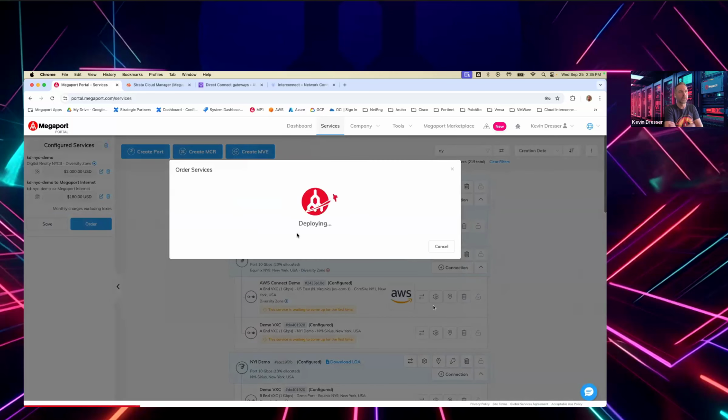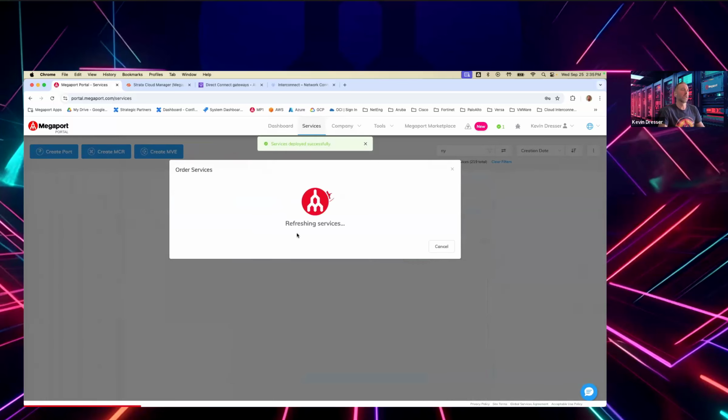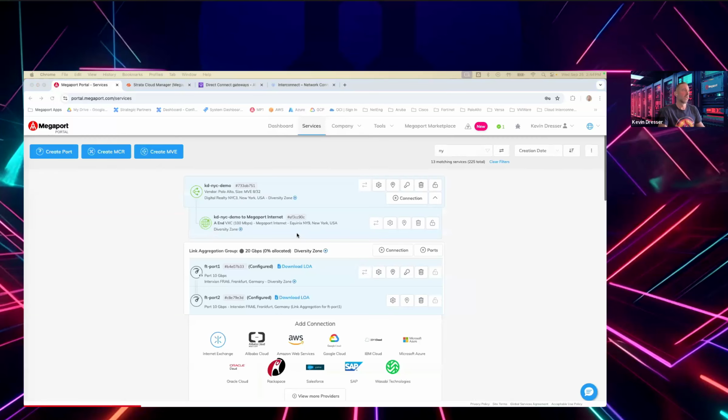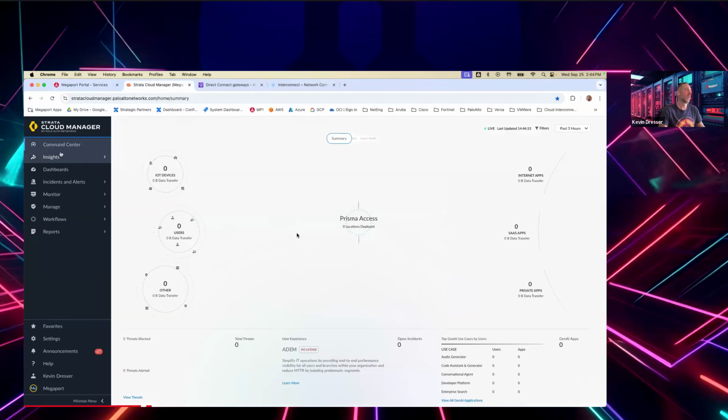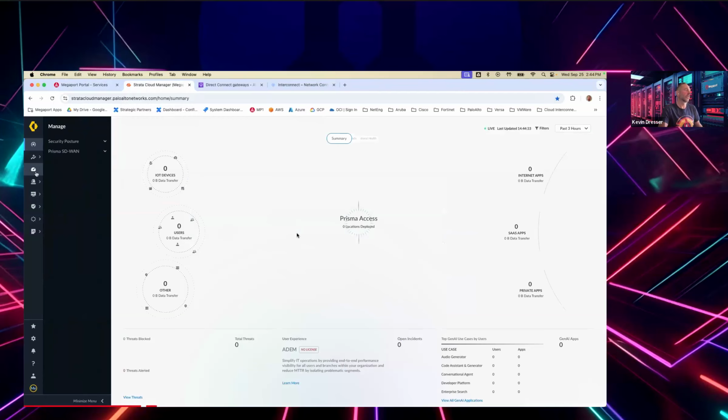And I'm just going to kick off the deployment. And at this point, it's provisioning my internet connection. And once it's deployed in the Megaport portal, I can drill down and see some of the information about what's being provisioned. But when I jump back into the Strata Cloud Manager,